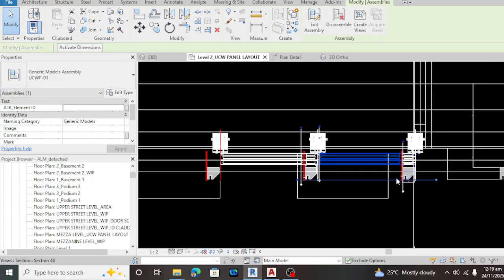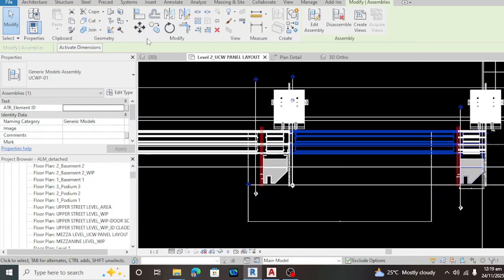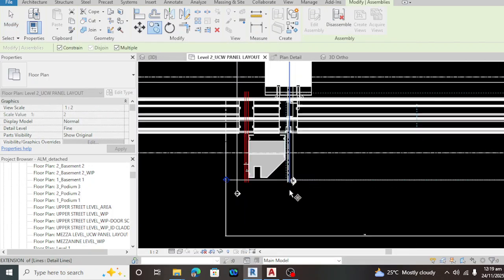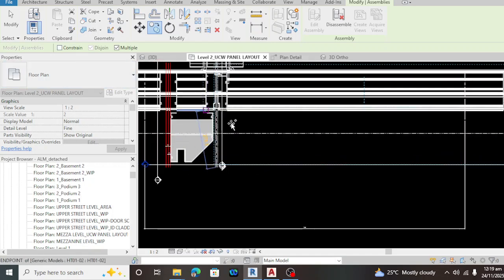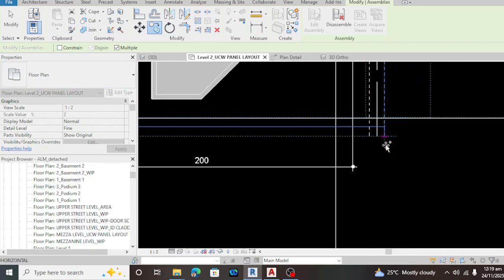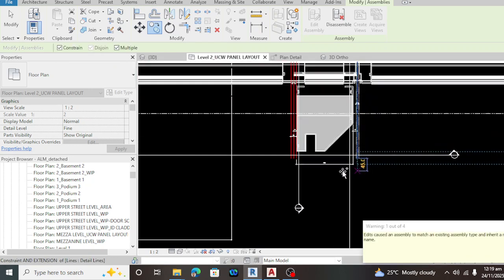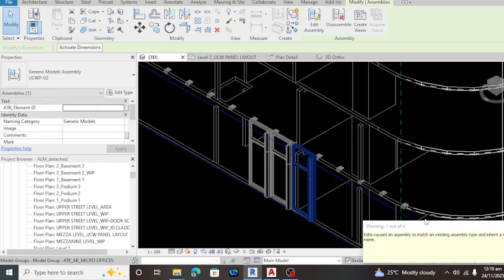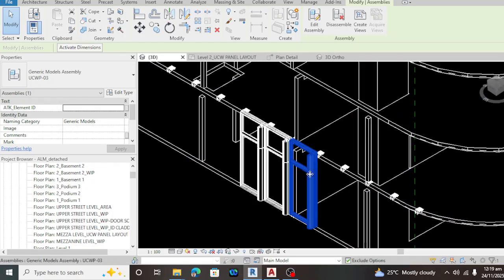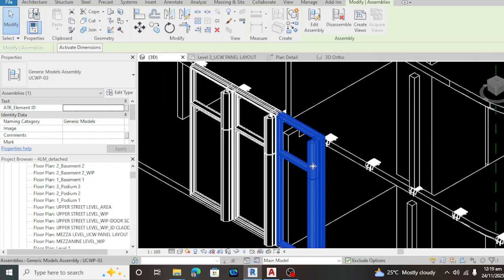Let's copy on the other side. Copy. Let's pick on the center and put it again on the center. That is how fast Revit copies the panel. When we go to the 3D, look guys, we already have 3 panels.